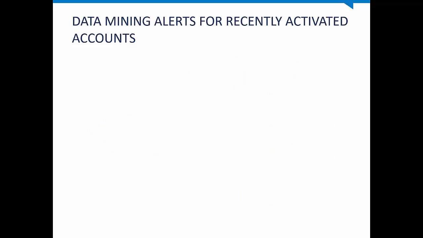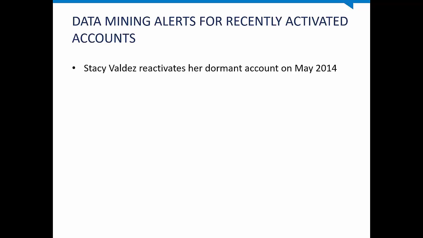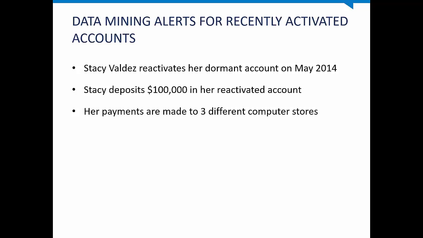Now, through using anomaly detection on her customer activity, we can identify several patterns in her activity, as well as now trace that pattern through the history of her accounts. So, what are some of the things we can find? When she decided to reactivate her account, we can see her transactional patterns,